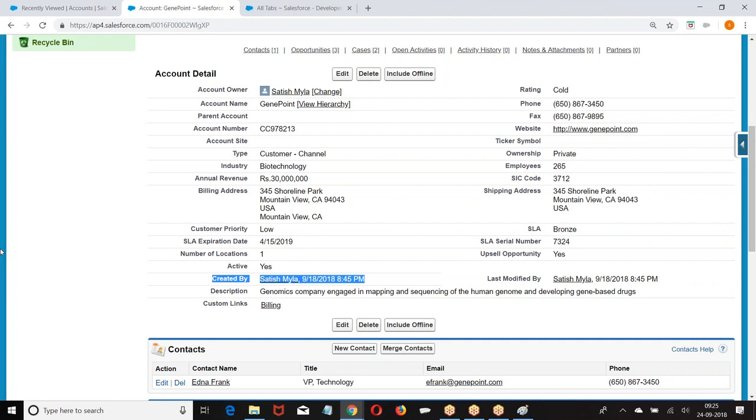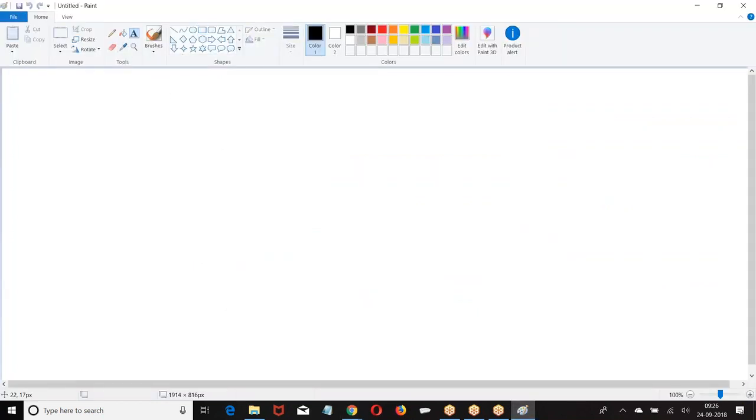So what do you mean by standard fields? Fields which are created by Salesforce are called standard fields, and if their data is also entered by Salesforce, that is called a system field. You create your own field, you enter your own data. That is called a custom field. You create, you enter. I hope you are good. Clear? Everyone has followed this, right?